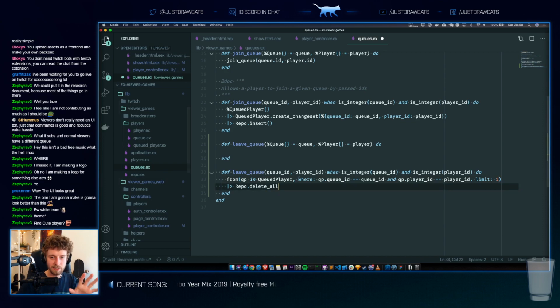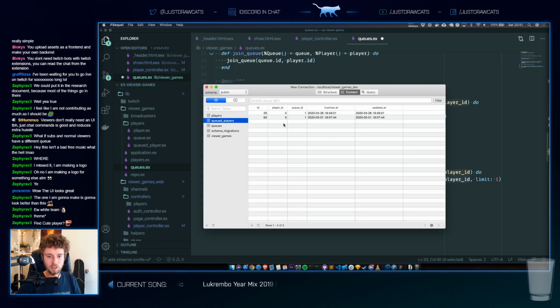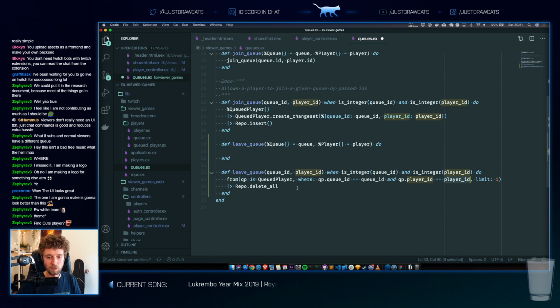So we're gonna find the queued player where the queue ID is the same and the player ID is the same, because that is the user that has joined the queue. And then we're gonna delete it. Now whatever comes out of that, we're gonna take it. I honestly have no idea what kind of errors this can do, but okay.